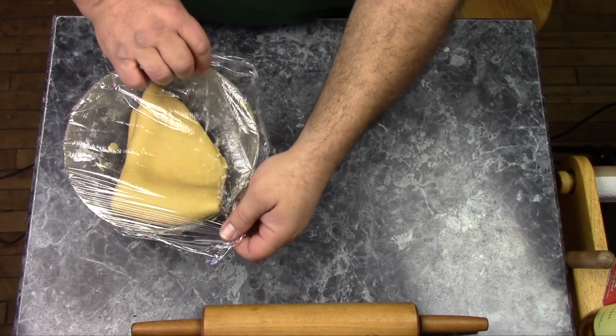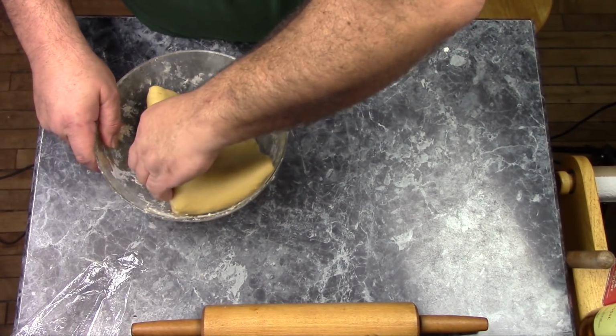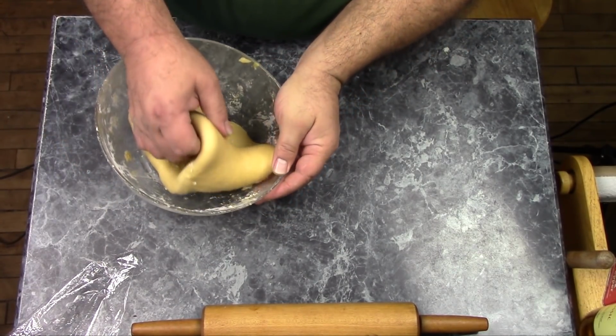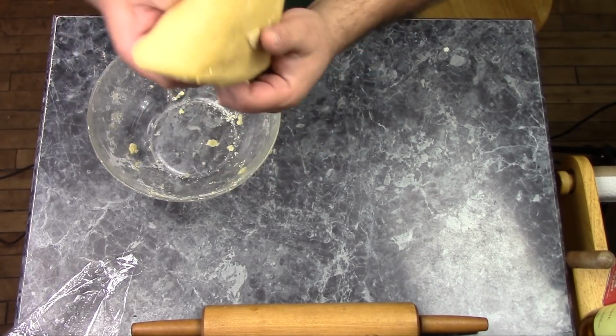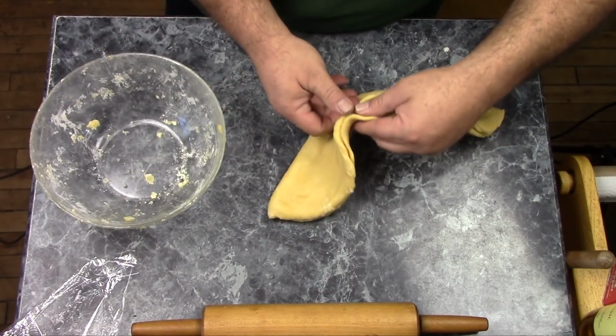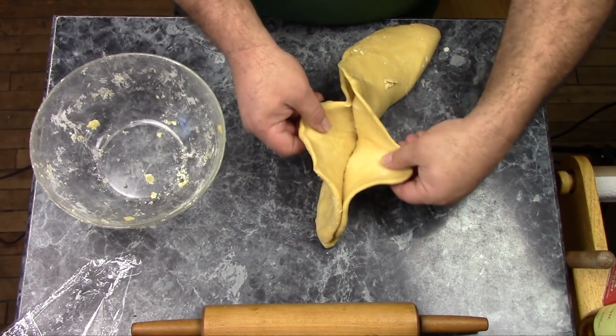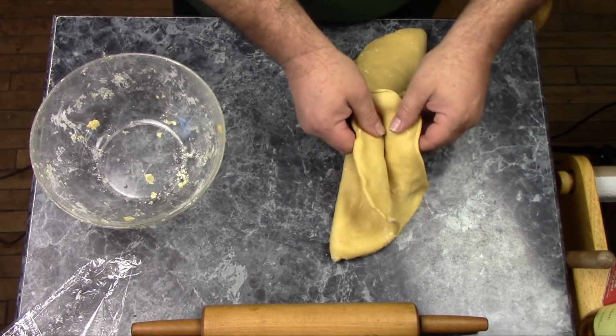Alrighty, this has been resting for about 20 minutes or so, and we're going to take this out and give it another roll and then resting. I said this is just a little bit sticky. Normally it just unfolds real easy, but you can see it sticking together,